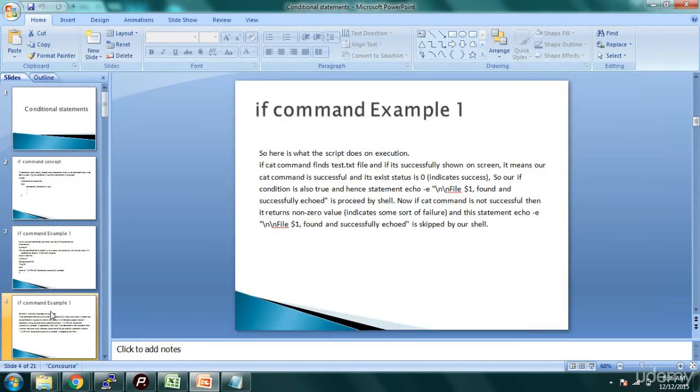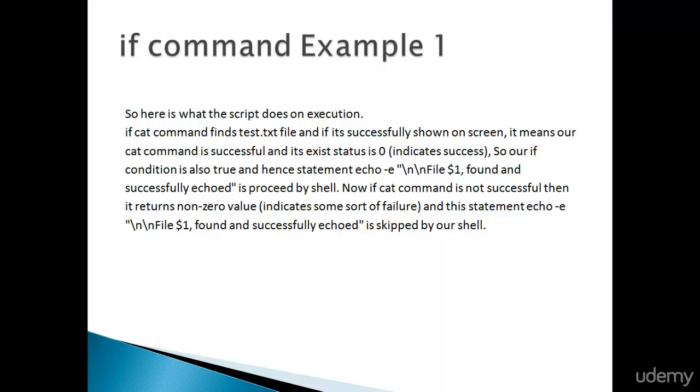So we'll see what the script is doing on execution. If the cat command finds the test.txt file and it's successfully shown on screen, it means our cat command is successful and its exit status is 0.